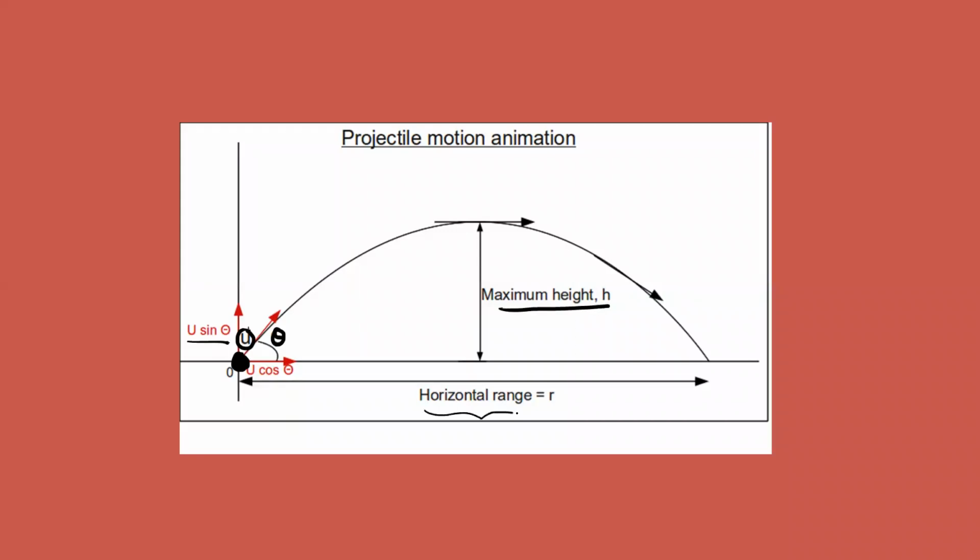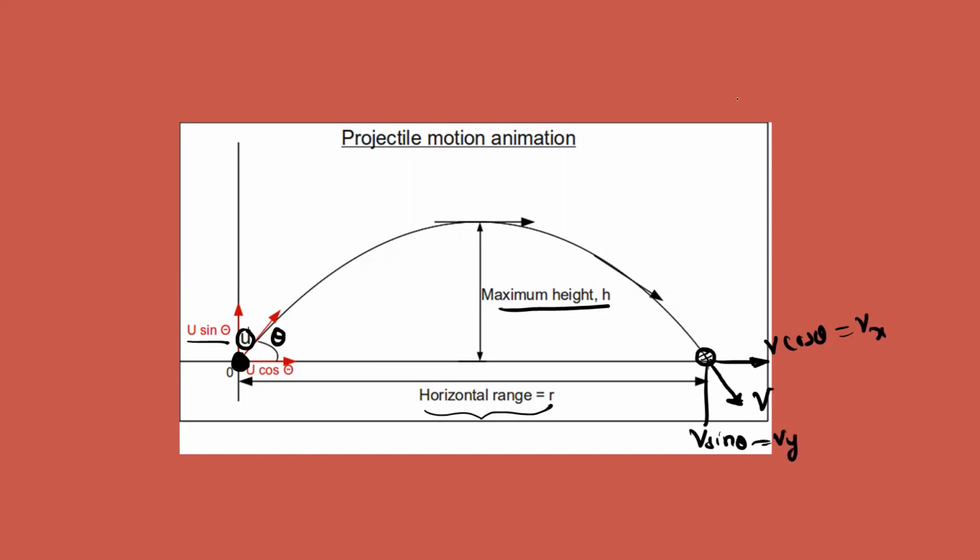is the range, that is the maximum horizontal distance, and you can even find out when that object, that is the ball, will hit the ground, what the velocity is. This is called the landing velocity, and it is taken as v. This v velocity is again composed of two components. One is v cos theta, and the second is v sin theta. This is the x component, and this is the y component.